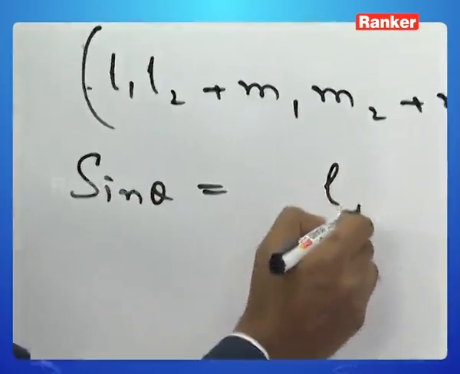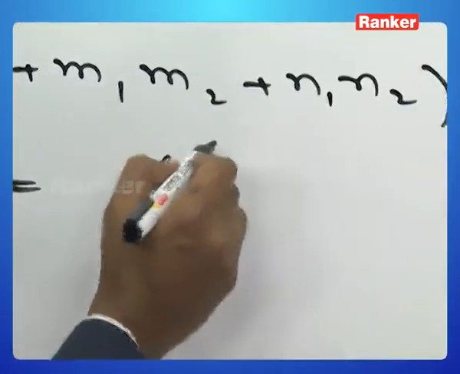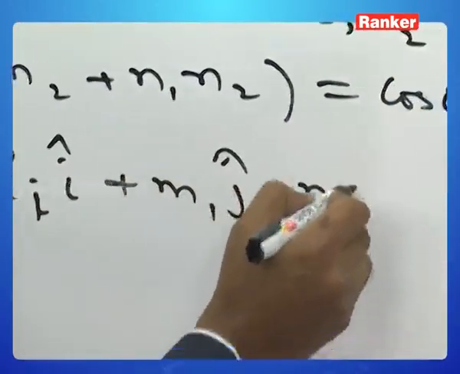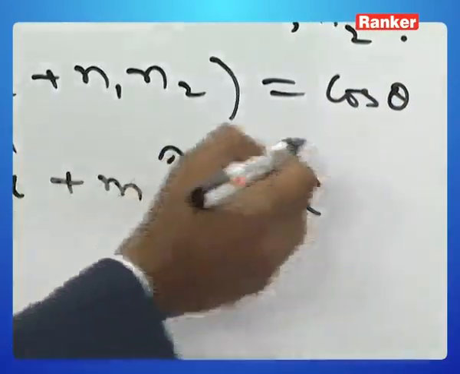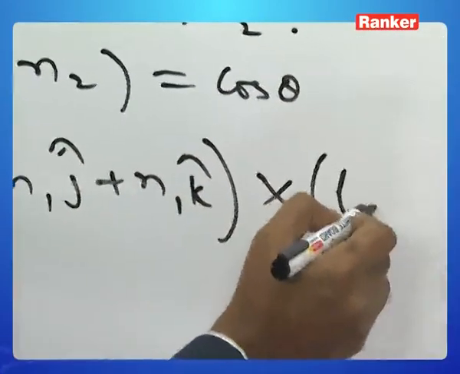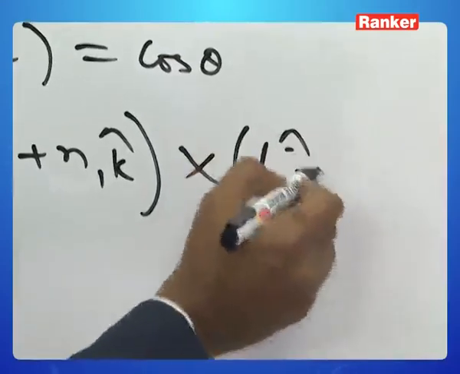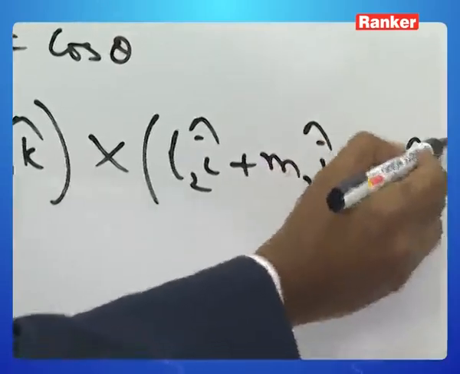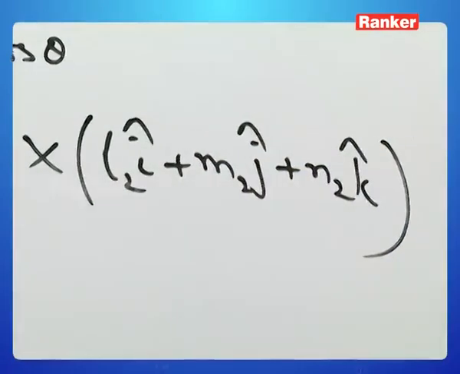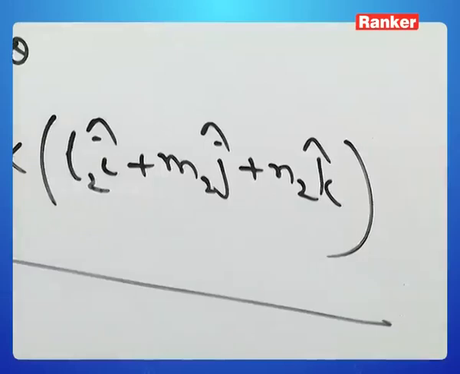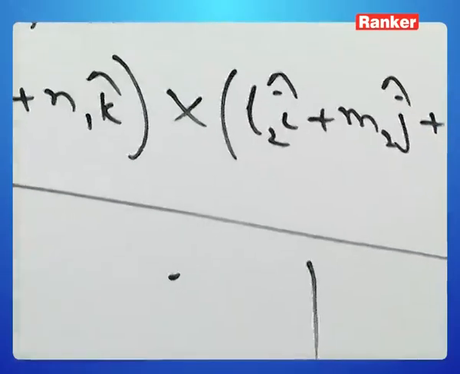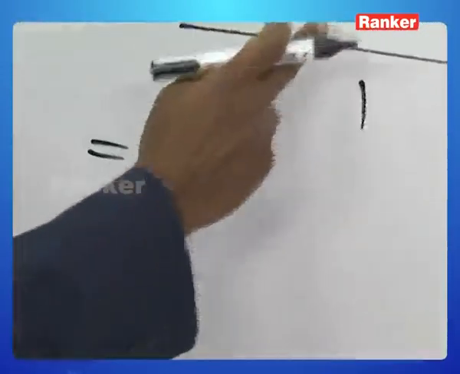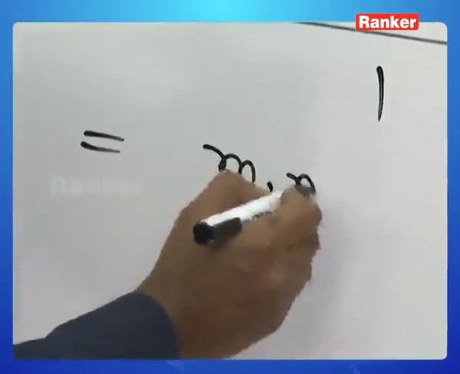Sin theta is given by the cross product of L1 i plus M1 j plus N1 k with L2 i plus M2 j plus N2 k, divided by the magnitudes. The magnitude of each is only 1. So sin theta is given by this, and we can see easily that it's given by M1 N2 minus M2 N1